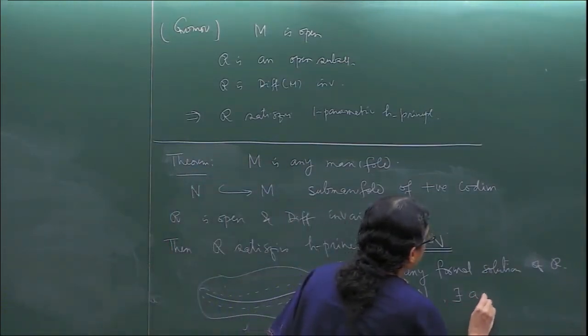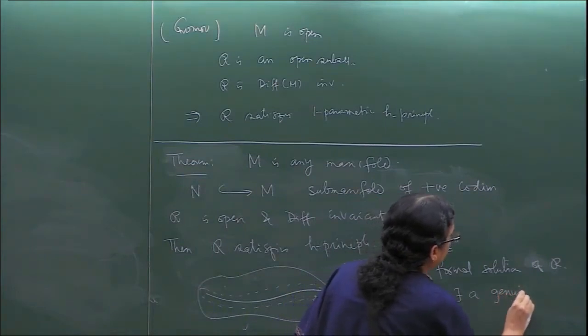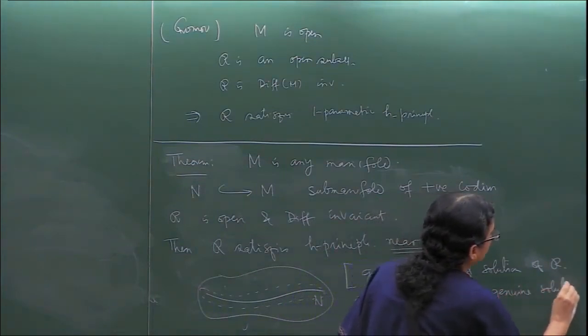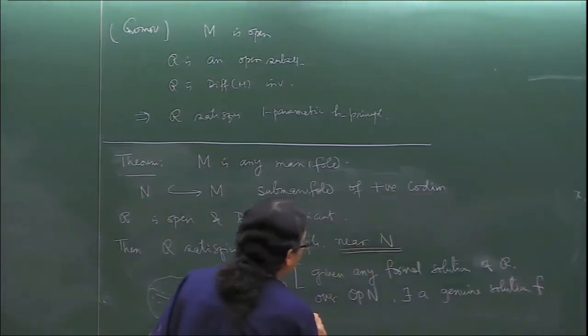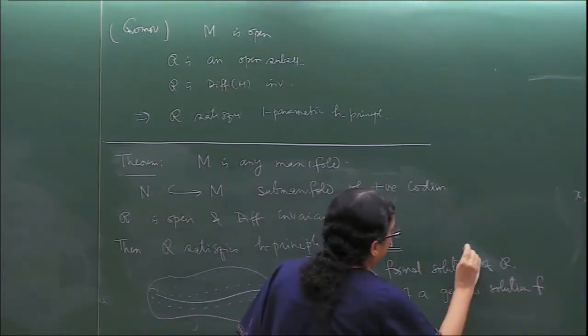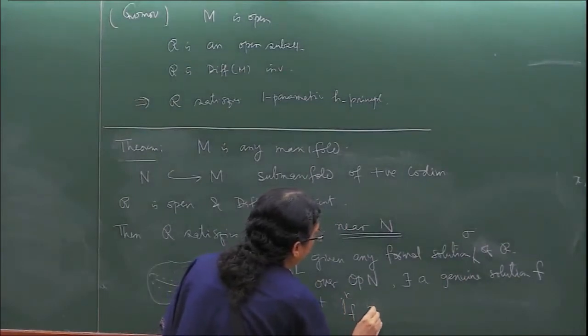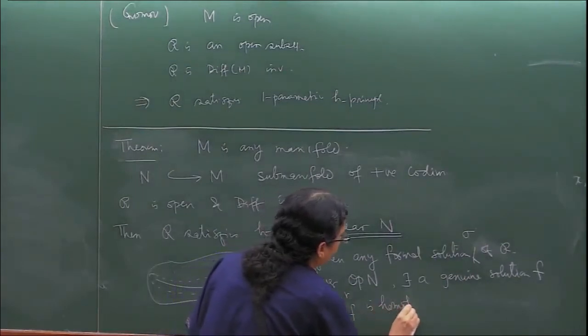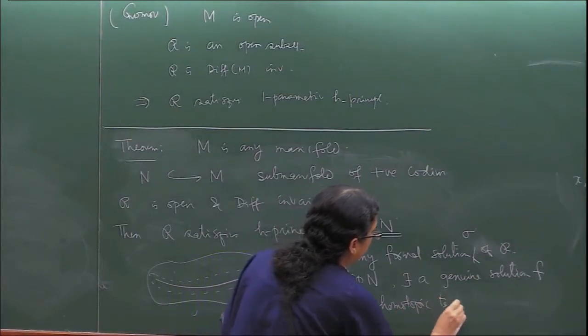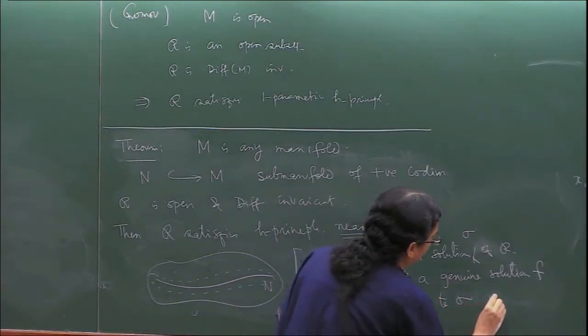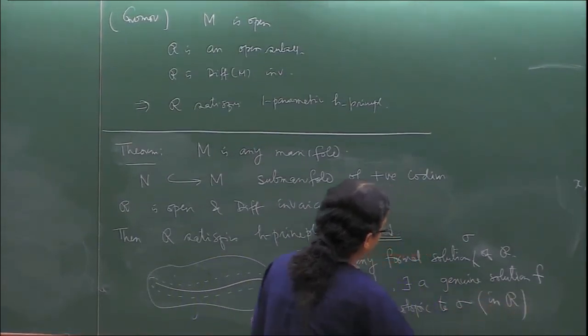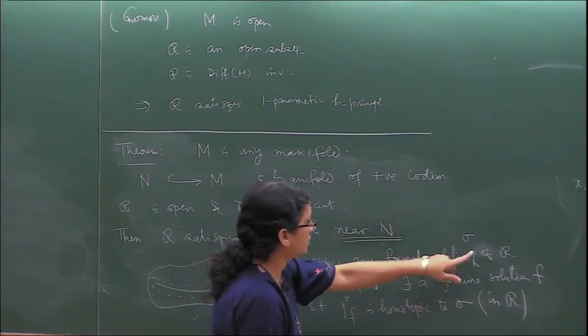There exists a genuine solution F such that J^R F is homotopic to sigma in R. That means the homotopy will consist of sections of R